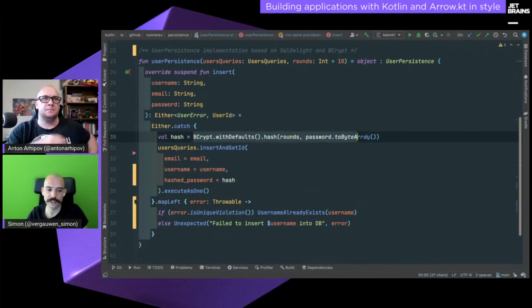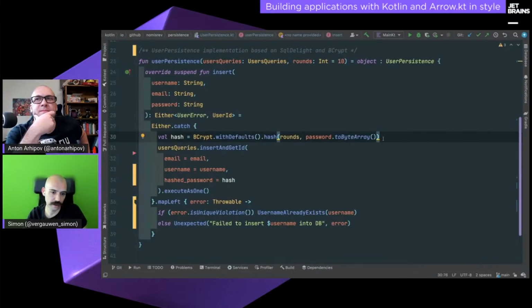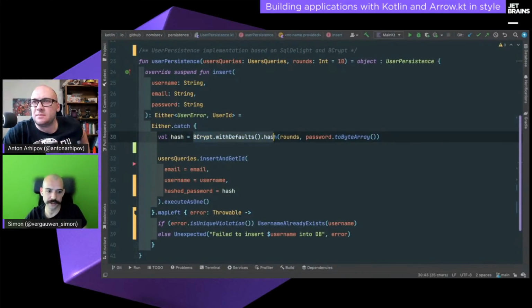And there we go. And now we have encrypted our password with a pretty well-known battle-tested encryption algorithm that should prove quite secure for our use cases. And for those wondering, if you want to verify the password,